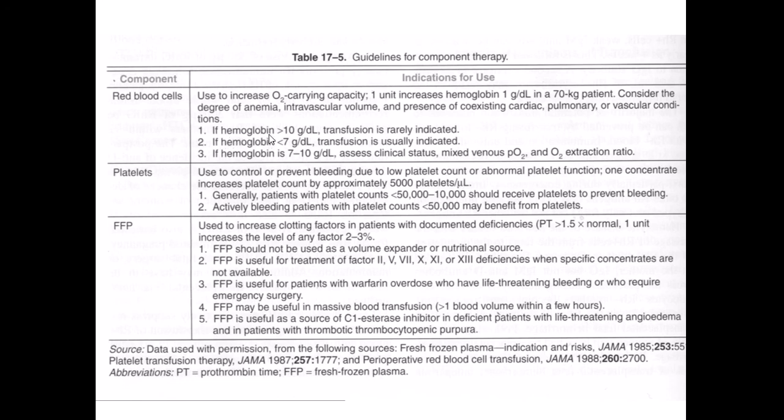If the hemoglobin is more than 10 gram per deciliter, usually we don't need to do anything. This is okay. If the hemoglobin is less than 7 gram per deciliter, then transfusion is useful and indicated. And if the hemoglobin is between 7 and 10 gram per deciliter, we have to assess the